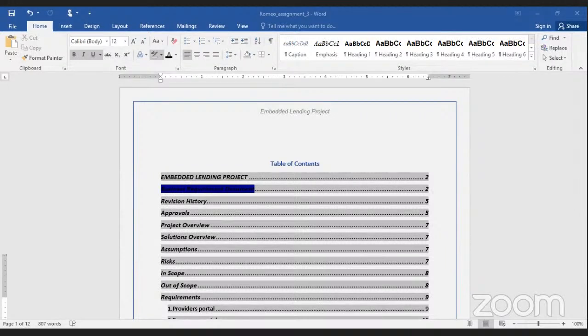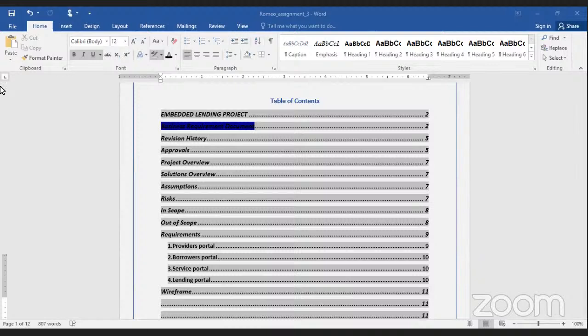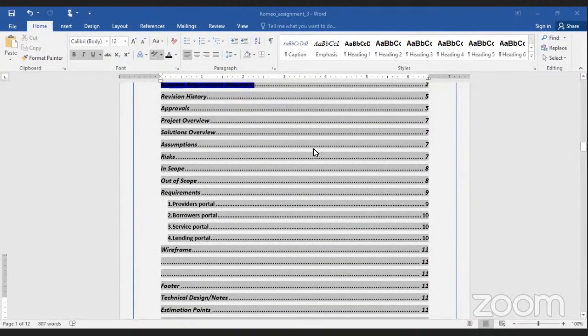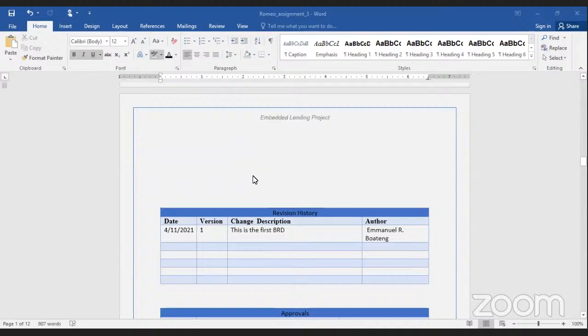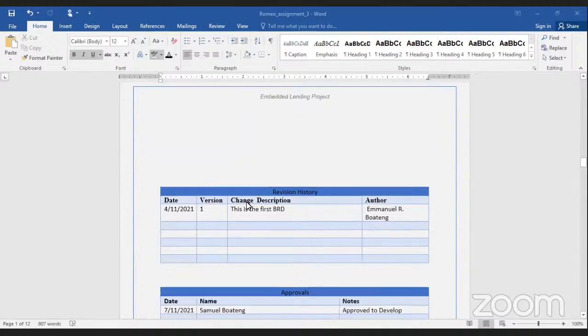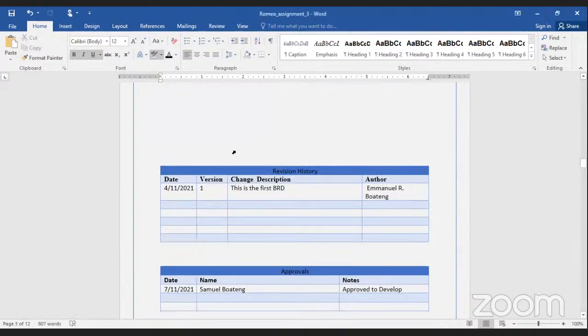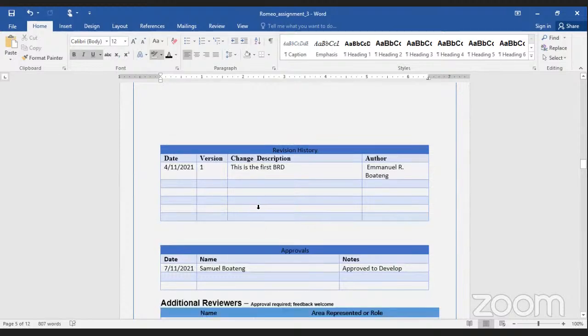Okay. All right. So that's my table of contents. It gives an overview of what this business requirement document entails. So I think I don't have to spend my time here. There is a table to give us the revision history. If this BRD is not the first of its kind, this will give us details of the previous versions of it, where perhaps some changes might have occurred on the document.